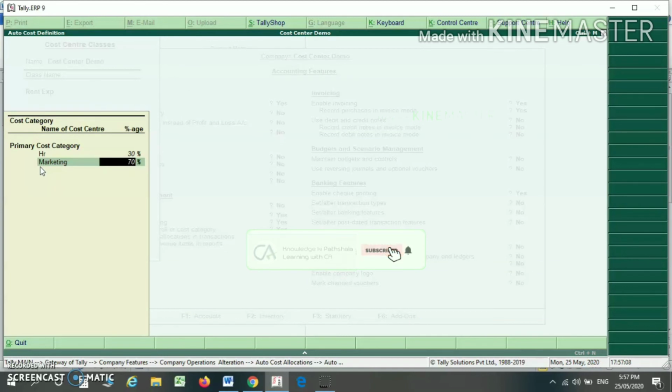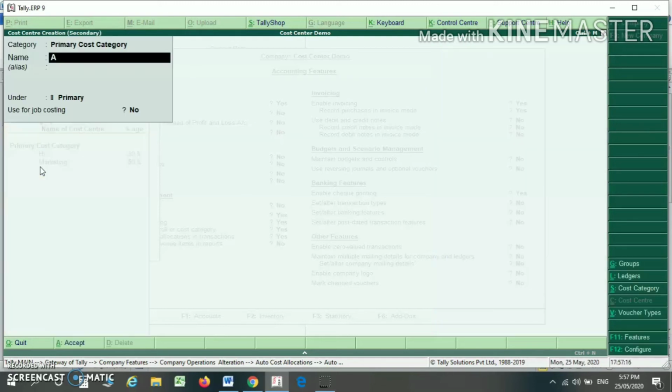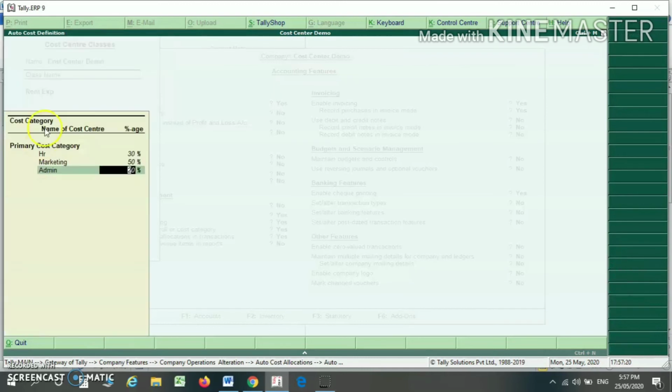Now I am selecting 50% here. Now I am creating another cost center. Alt C is the shortcut to create a cost center from here. Admin under the primary and selecting yes. So here I have already predefined my category for rent expense, that is the rent expense will be bifurcated under HR, marketing and admin in the ratio of 30, 50 and 20.